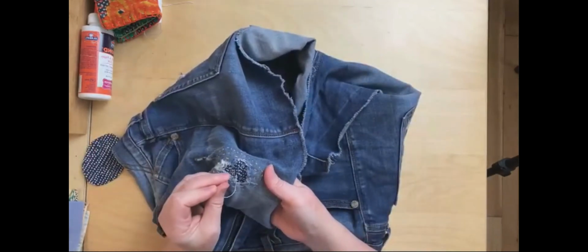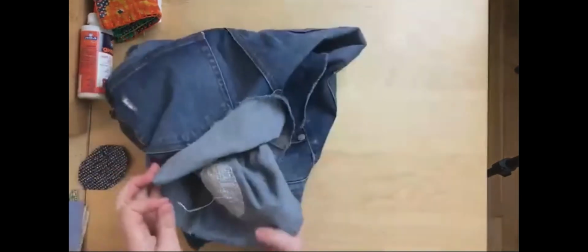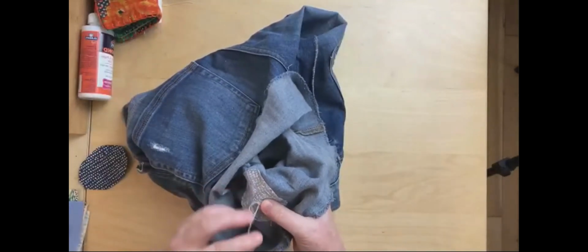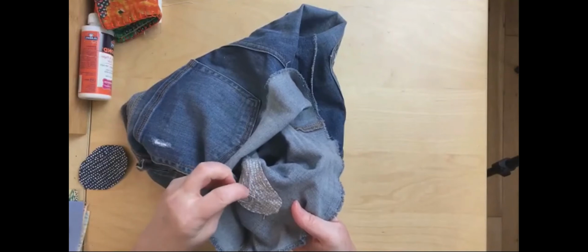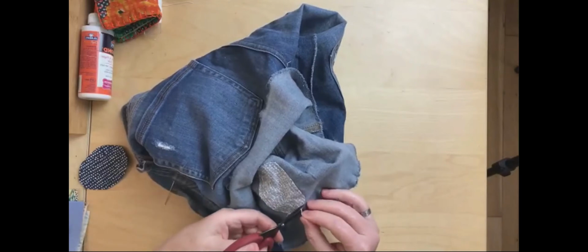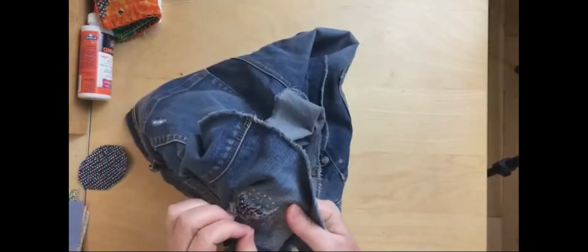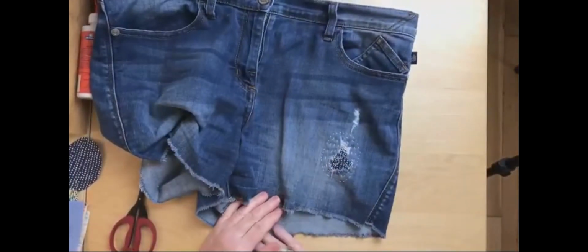Okay, so I'm just going to end with one stitch in the center there. And the way I tie it off is I'll probably just tie one knot here on one of the stitches. And then I'm just going to weave this through the fabric and then trim it off. And you might be able to see that on the other side. Yeah, see, there it is. So it's fine, I've tied a knot. It'll be good. And if it falls apart, then I can just go back and mend it again. So that's that technique